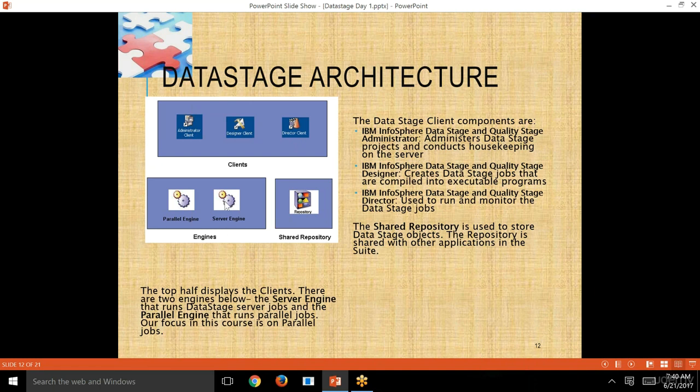Slowly, when the upgrade happened, another version came into the picture for executing the parallel job, which was called the parallel engine. So they created the parallel job and the server job. The server job was executed by the server engine, and the parallel job was executed by the parallel engine. Right. There is a shared repository which is